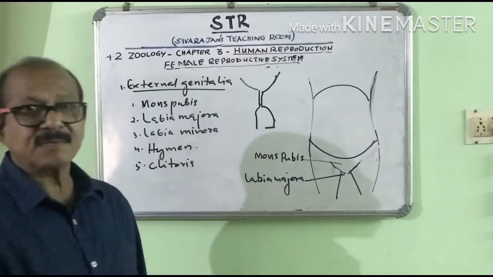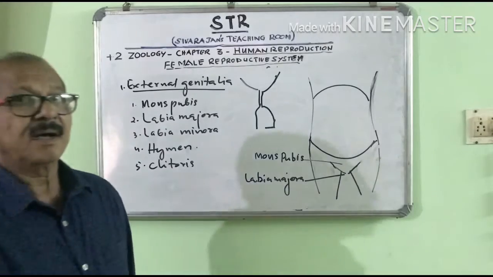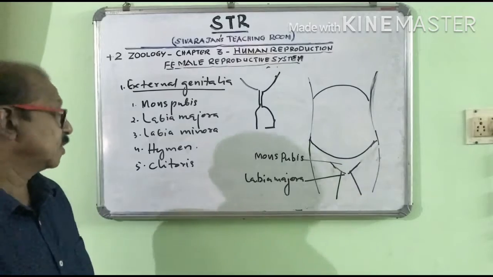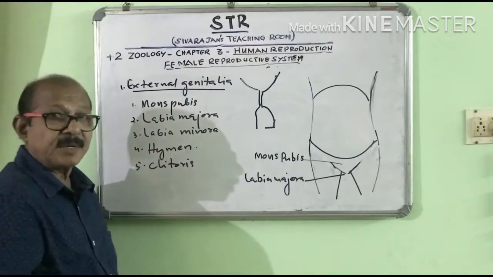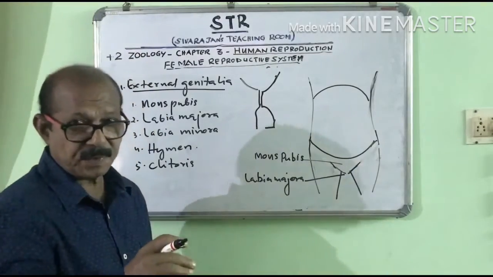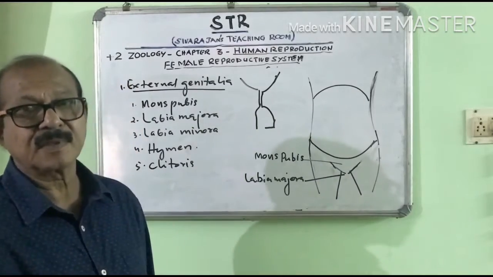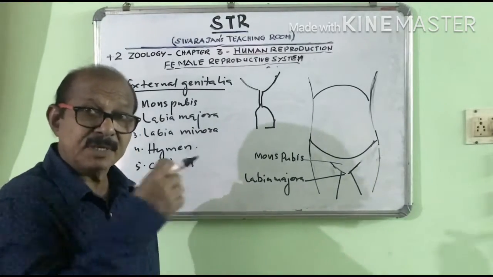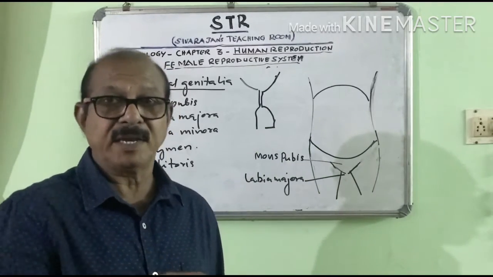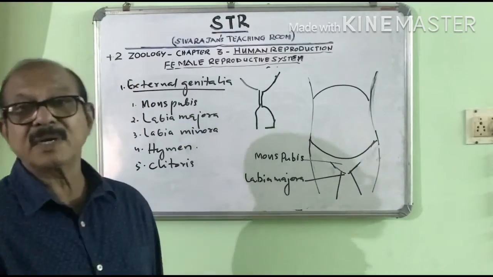So the absence of this hymen cannot be treated as a sign of having sexual experience. So what is hymen? Hymen is the membrane that covers the vagina partially, and it is normally removed by the first coitus. But it can be removed by a jolt, a fall, by cycling, swimming, engaging in athletic activities, etc. This hymen will be removed automatically.